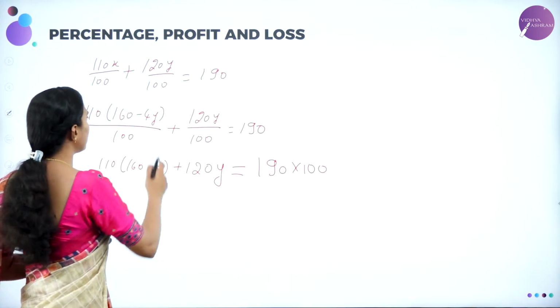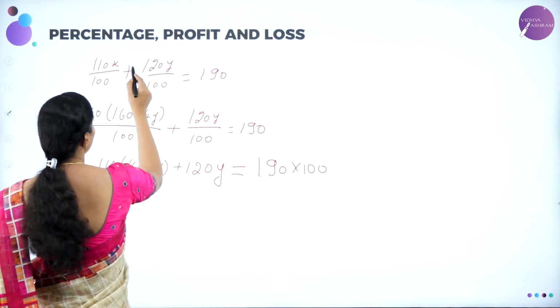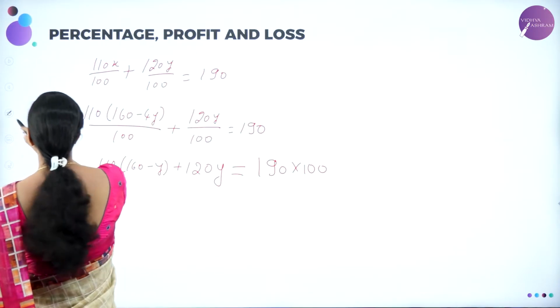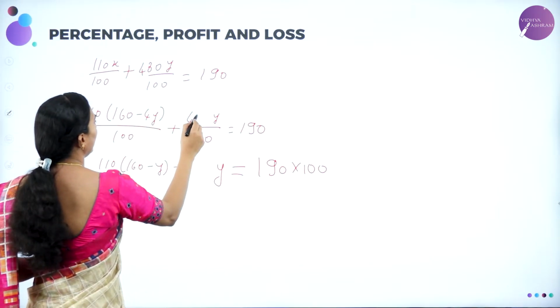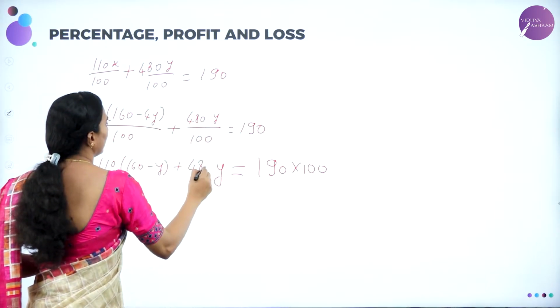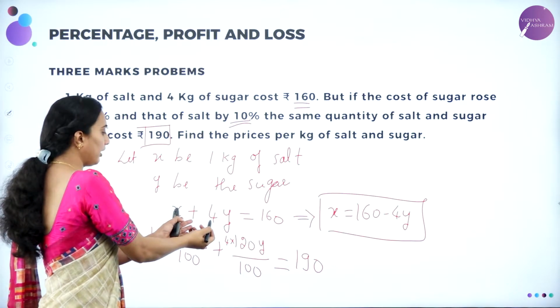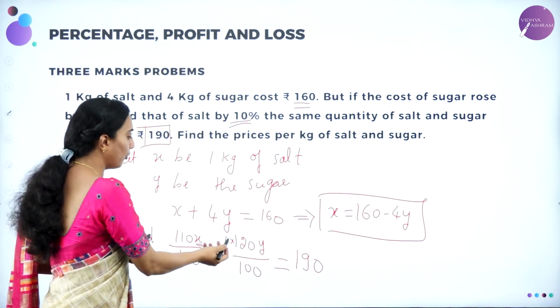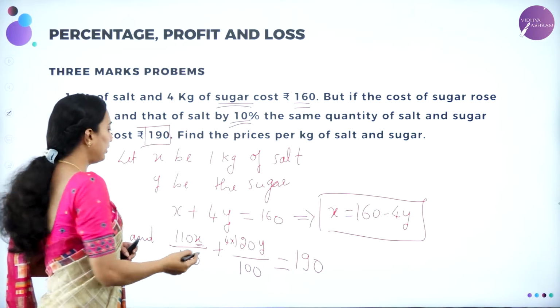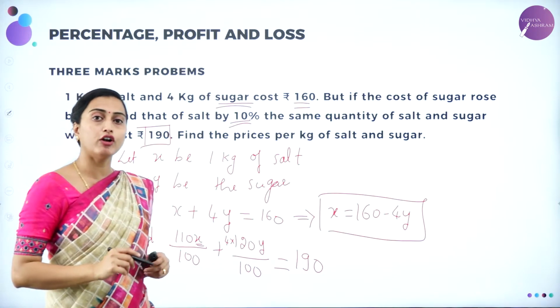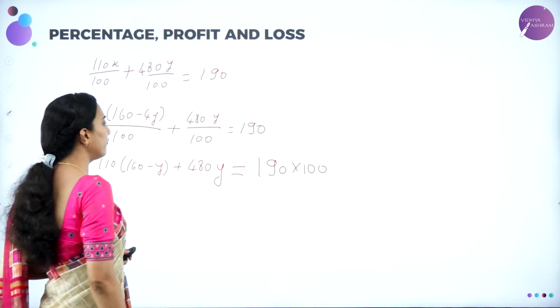So what happens to this condition? 4 times into 4, which will be equal to 480 into y, which is 480 into y, correct? Because, dears, I forgot to take here 4 into y, which is 4 into 1 kg. 4 kg of what? Sugar cost. I had taken it for only 1 kg. You should take it for 4 kg. So therefore it will become 480.